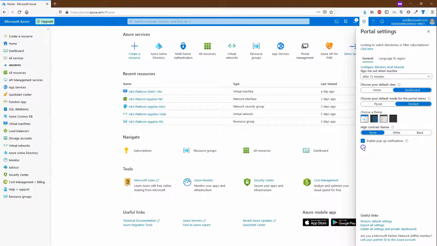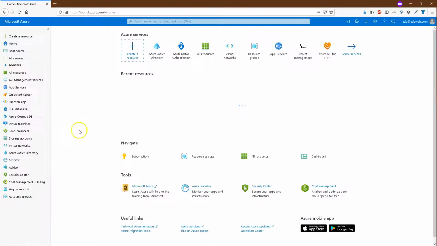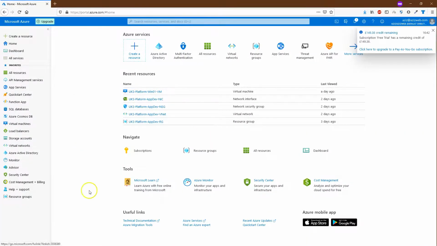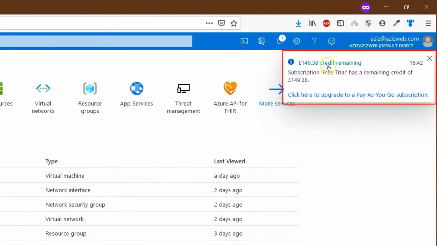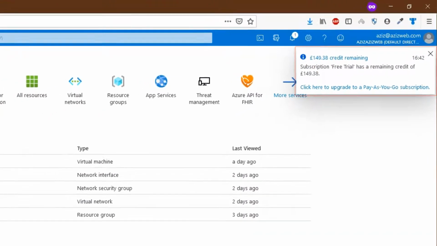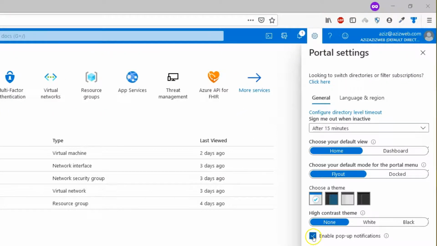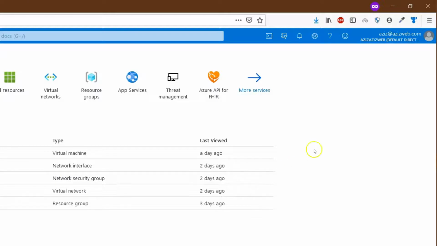This checkbox enables or disables the notification pop-up shown on the top right corner of the screen. Let me refresh the page to see the pop-up in action. It pops up like this. Now if this checkbox is unchecked, then it will not show this pop-up. Refresh the page again to see that this time the pop-up did not appear.